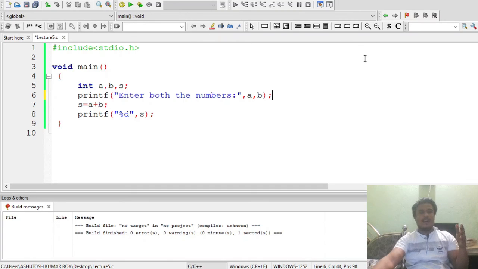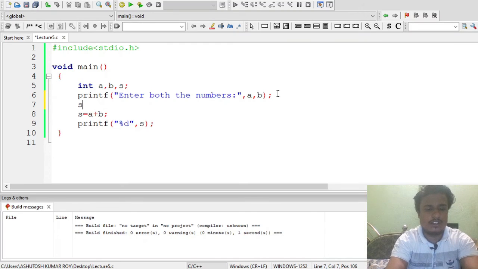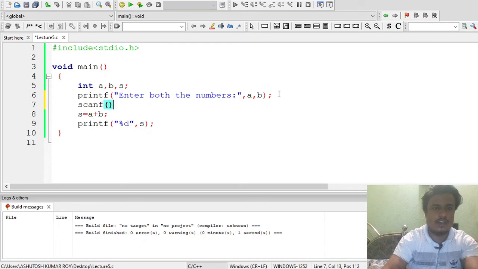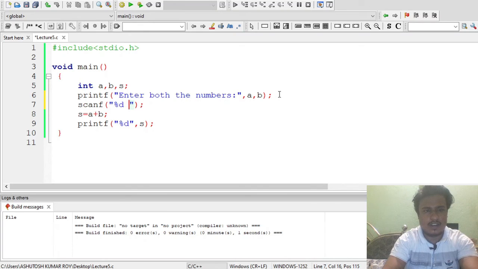One thing I am telling you here is that this is a redundant part. In a few seconds I will show you that this is redundant. It is written here along with printf. So moving on, we will store the numbers in a, b. What type of variable are we using? Integer. So we will mention percent d here, percent d, comma, space, percent d.